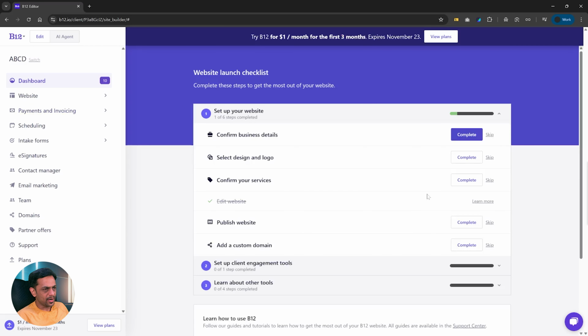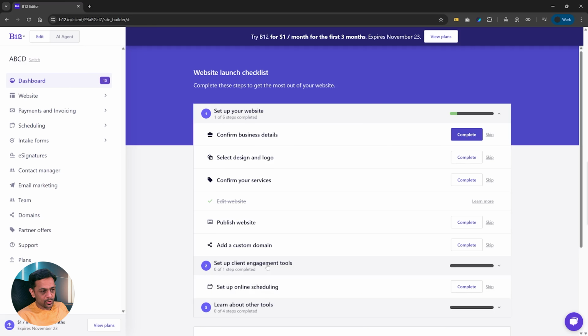So let's go back to dashboard, and you can see here edit website is already done. It knows that we have done it, so it has already ticked it. Publish website. If we feel that everything is good enough now, then we can publish it, add a custom domain from here. Set up client engagement tools. So let's go here,